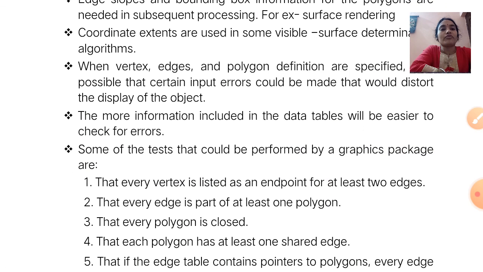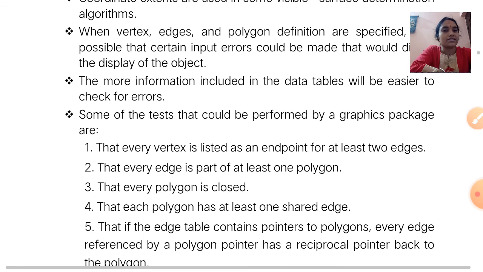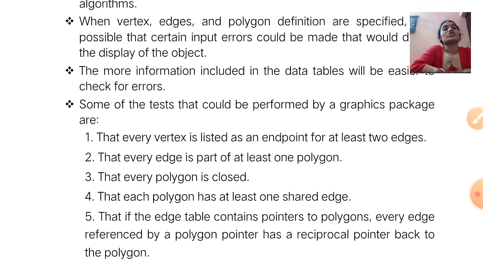Some of the tests that could be performed by graphics packages are: first, every vertex is listed as an endpoint for at least 2 edges or not. Second, every edge is a part of at least one polygon.